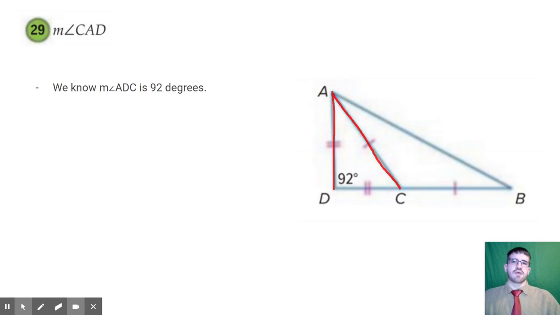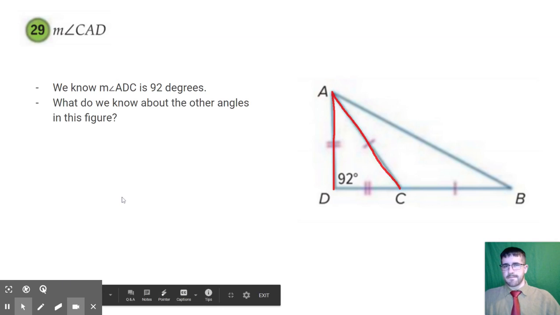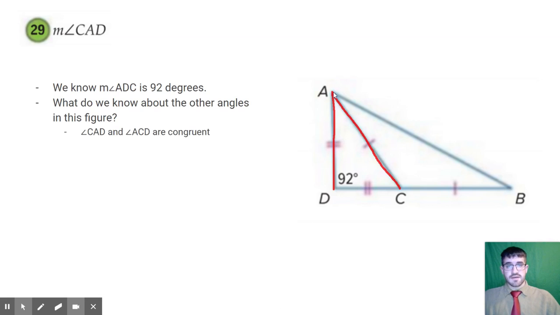And much like the other problems we've been dealing with in the last 4 or so, we need to figure out what we know about the other angles in this figure. We know that angle CAD and angle ACD are congruent. Because right here, we have double tick marks, which means that the angles opposite of these sides,